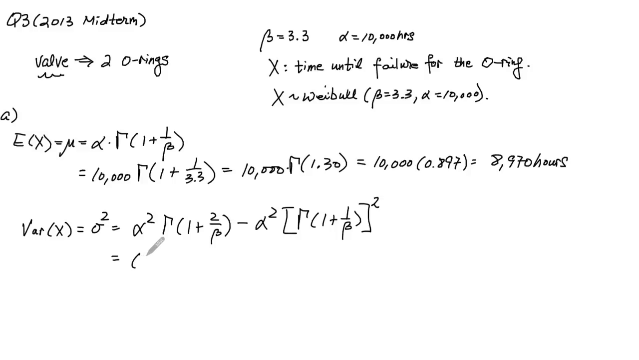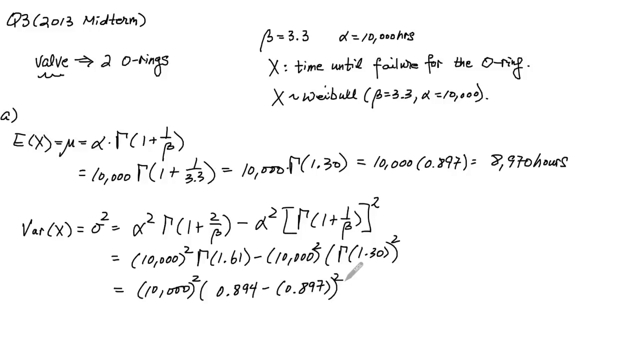So I have here 10,000 squared. Let's fast forward here a little bit. Alright, so I plug in some numbers here, and we're left with gamma of 1.61 times 10,000 squared minus 10,000 squared times gamma of 1.3 all squared. Factoring out 10,000 squared, I have gamma of 1.61, which is equal to 0.894 from the gamma function table. And the gamma of 1.3 we had seen in part A, when calculating the expected value of x, it was equal to 0.897. And computing this, we get